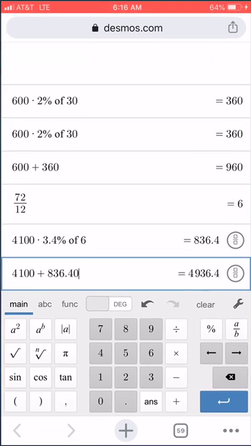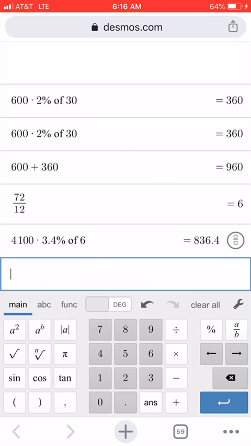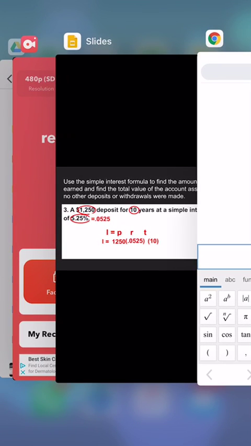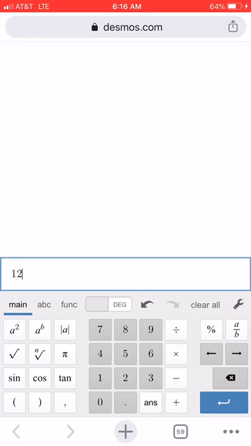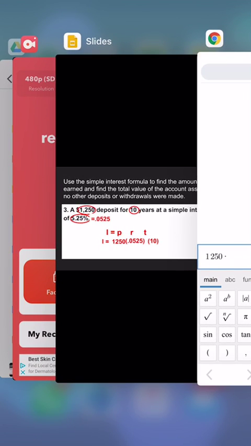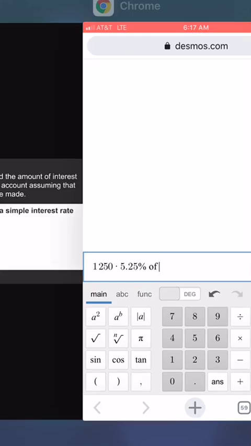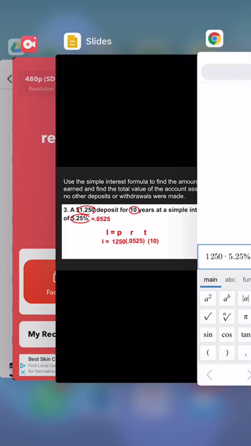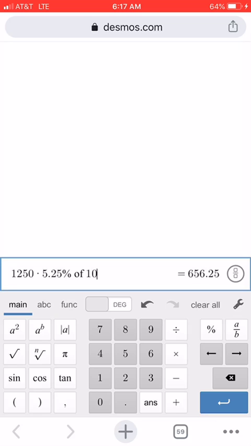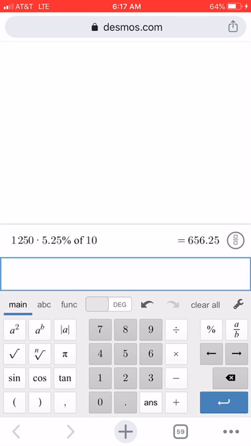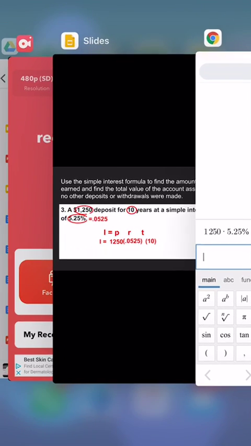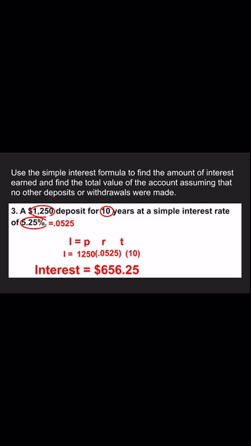I'm going to go to my handy dandy calculator. Let me just clear everything out. Okay. 1,250 times, what's my percent? 5.25%. And what's my amount of years? 10 years. 10. And it comes up to 656.25. I multiply those 3 numbers, and it came out to